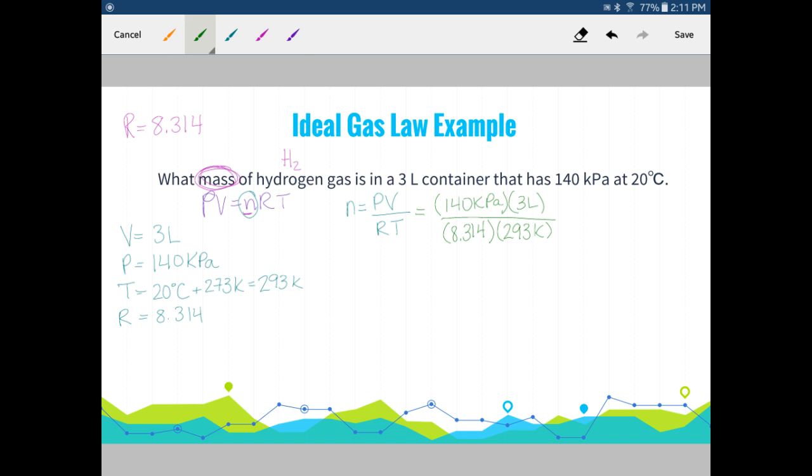Again, if you plug this into your calculator, make sure you have brackets around this bottom section, so that when you divide by this, you're not dividing by 8.314, then multiplying by 293, you're dividing by this whole section. So when we go to plug that in, we have 140 times 3 divided by 8.314 divided by 293. So our moles is equal to